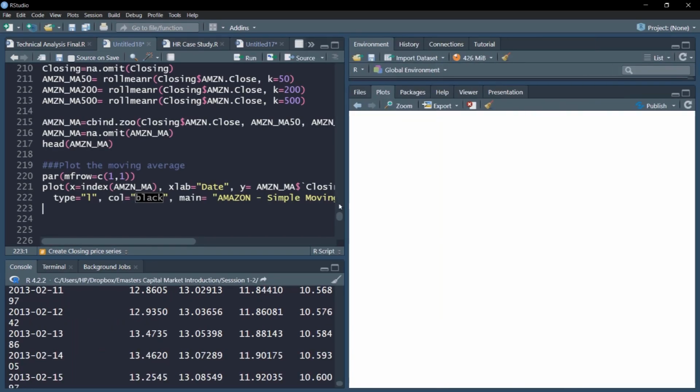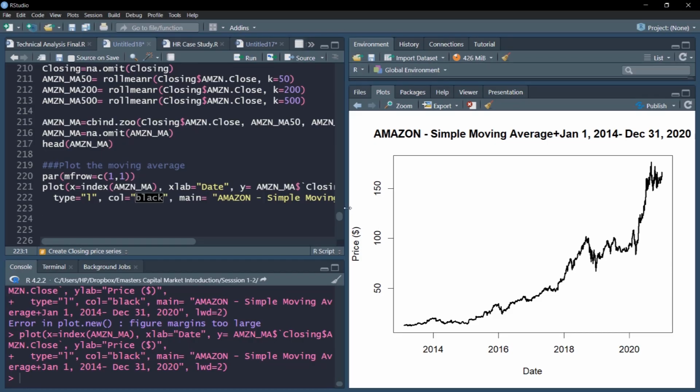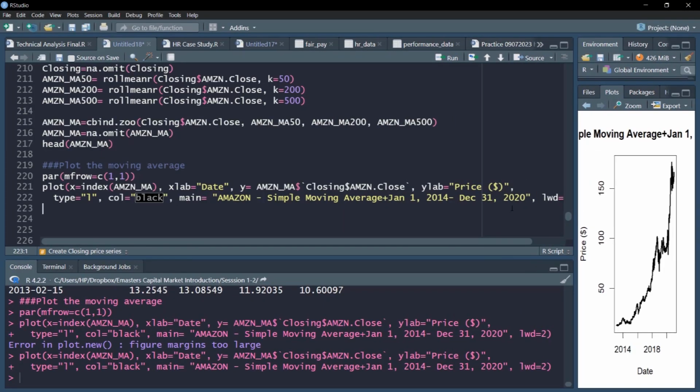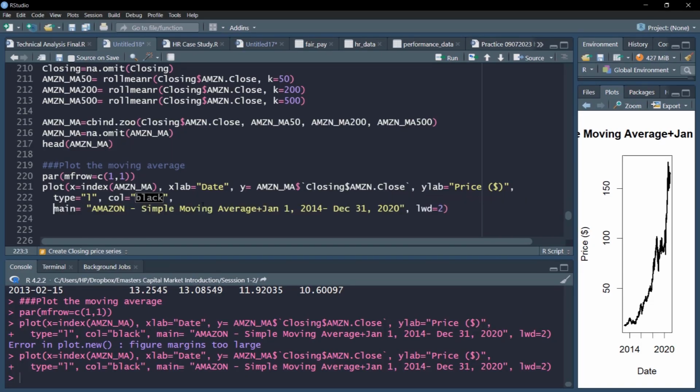Now if we have done everything right, you can check just by plotting it. If your plot is there, yes, it is plotting. Now let's add line by line. We'll add the moving average plots. So we need to ensure that we have put the plus symbol here so that it takes the next line.